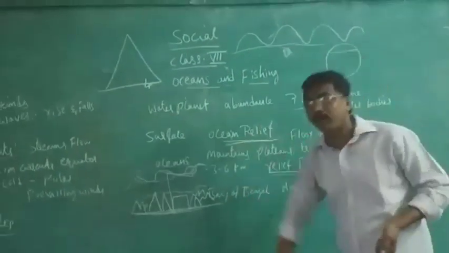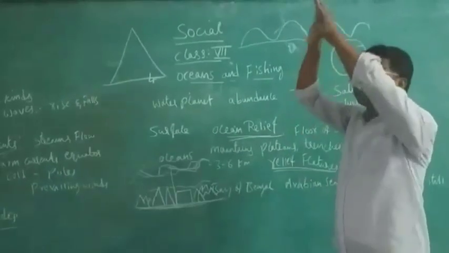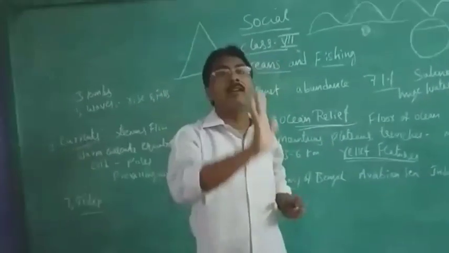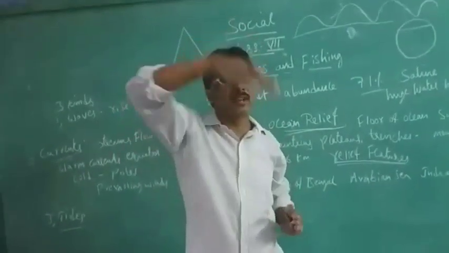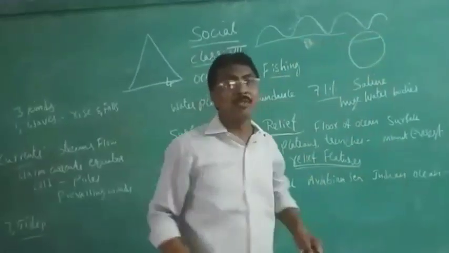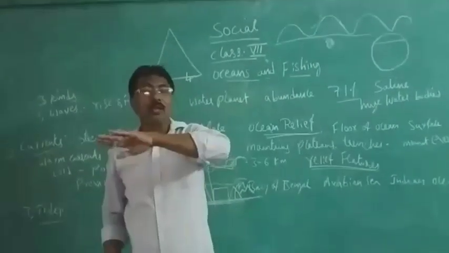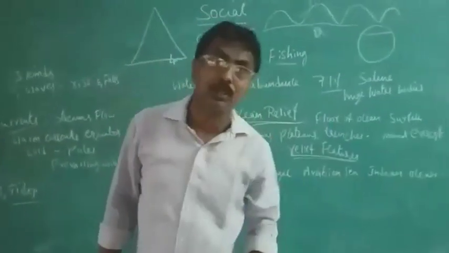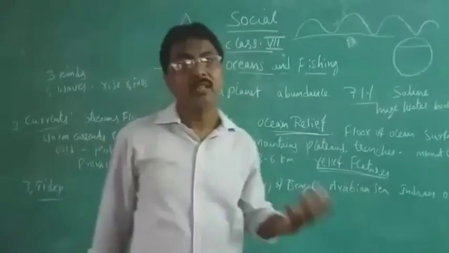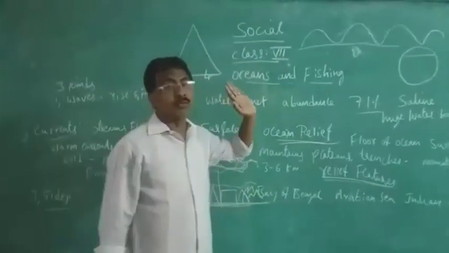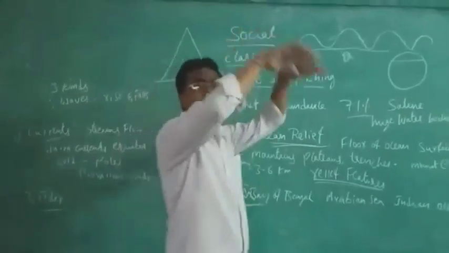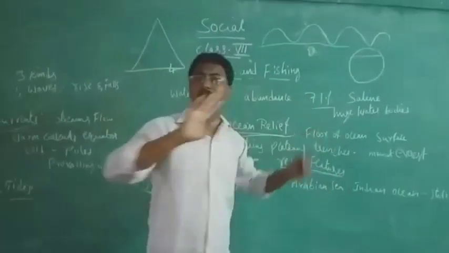Rise and fall, rise and fall. The water will rise and the water will fall. The rise and fall is called the crest and the trough. Rise and fall is called waves. So these waves will happen only in the ocean. Why? Because the earth movement is happening there, so that's why this water is moving. Waves means we say that the water will rise and fall. That is about this one.